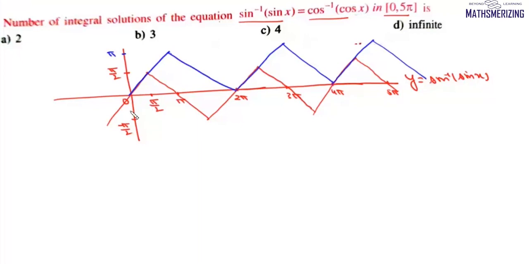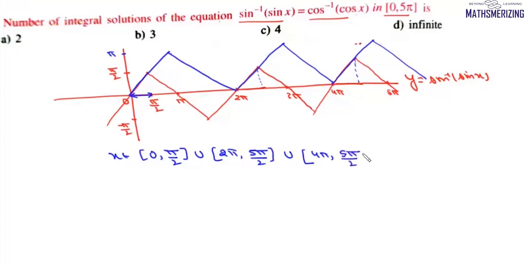Now these two graphs intersect when x belongs to 0 to pi by 2, both included, union 2 pi to 2 pi plus pi by 2, that is 5 pi by 2, union 4 pi to 4 pi plus pi by 2, and that is 9 pi by 2. Now in this interval, when x lies between 0 and pi by 2, which is 1.54,